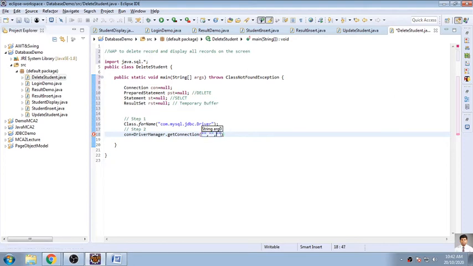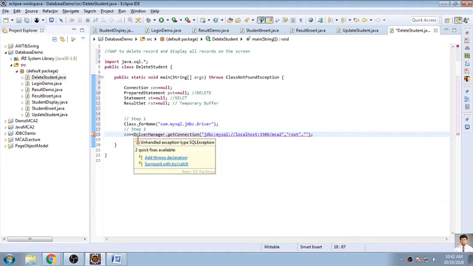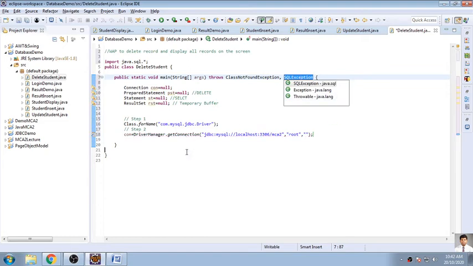Now the first one is jdbc:mysql://localhost:3306, where 3306 is the port number, and my database name is MCA2. Second parameter is the username of my database, that is root, and the password, there is no password, so I have not given anything. Here again an exception will be there because I need to handle it, so I am adding throws SQLException.